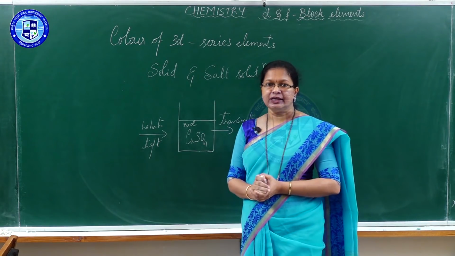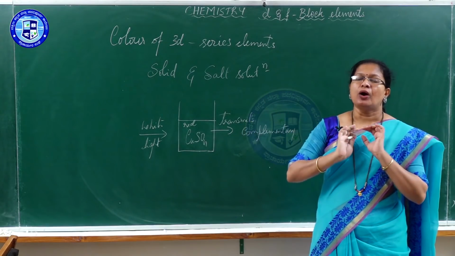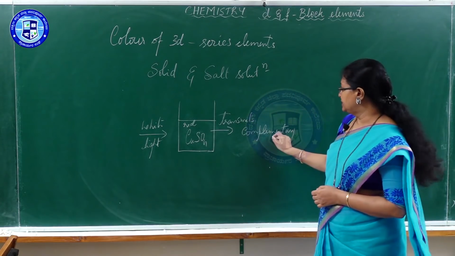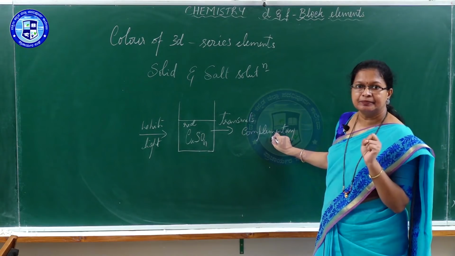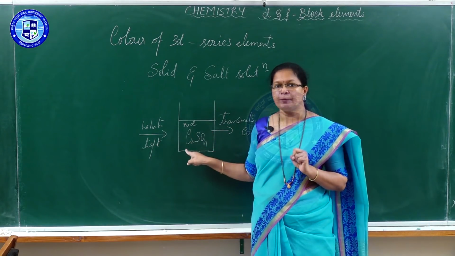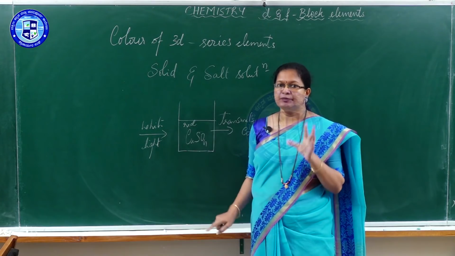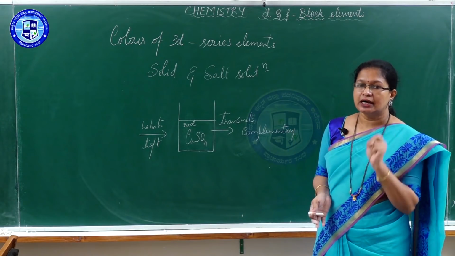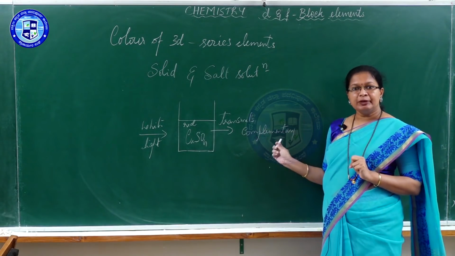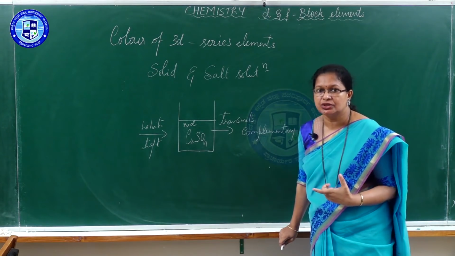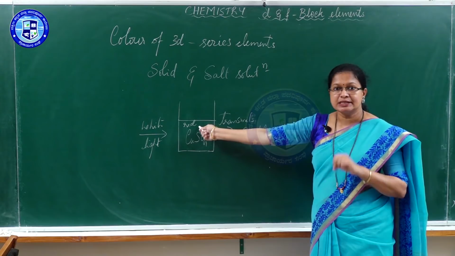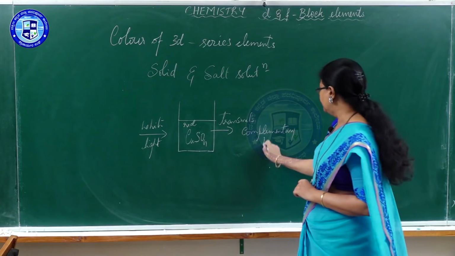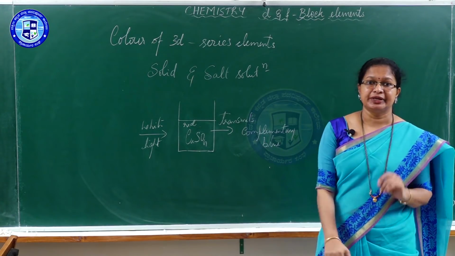Now, this complementary color is a mixture of the remaining 6 radiations except red from the VIBGYOR spectrum. There are 7 colors in white light, among which one is absorbed by copper sulfate. In VIBGYOR, remove R, red. Then the remaining 6 colors make a color called the complementary color. So, what is complementary to red? It is blue.